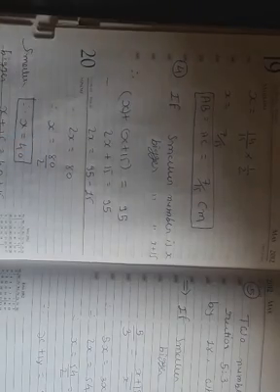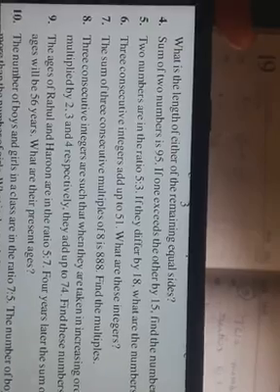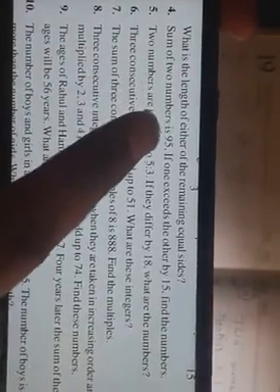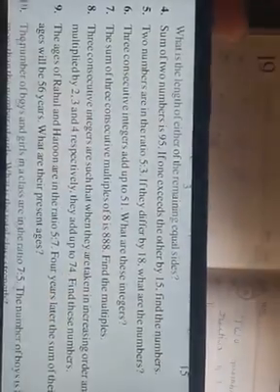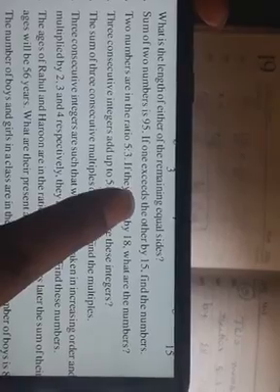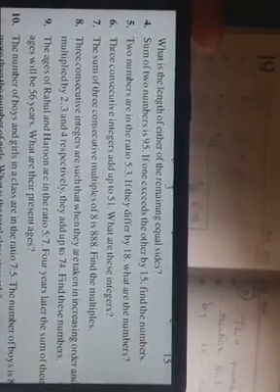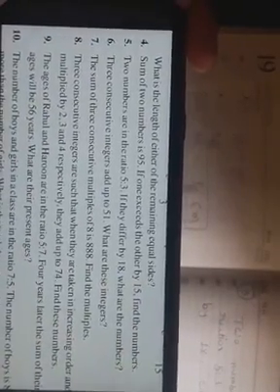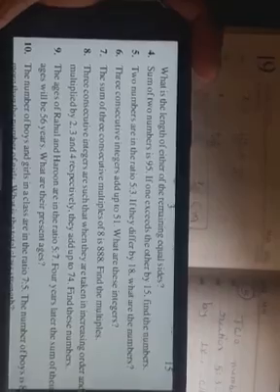Now that is the fourth question here. I hope you can see it. That is our fourth question. Sum of two numbers is 95. There are two unknown numbers whose sum is 95. If one exceeds the other by 15, it means the gap between those numbers is 15. Okay, if one number is, let's say, 2, then the other number will be 2 plus 15, that is 17.